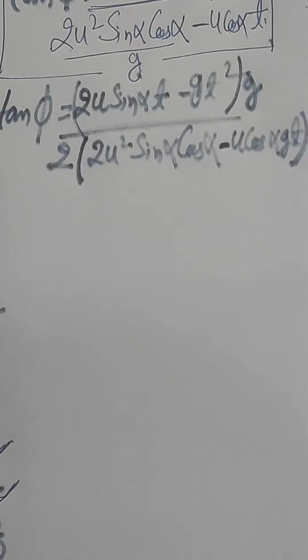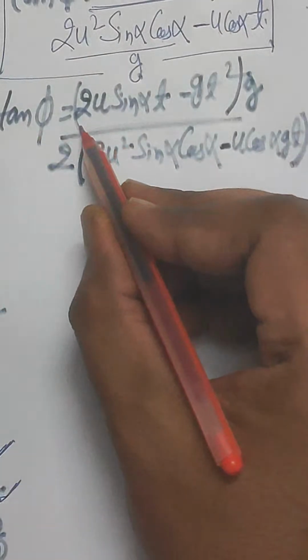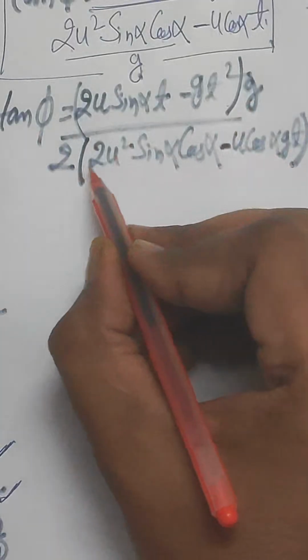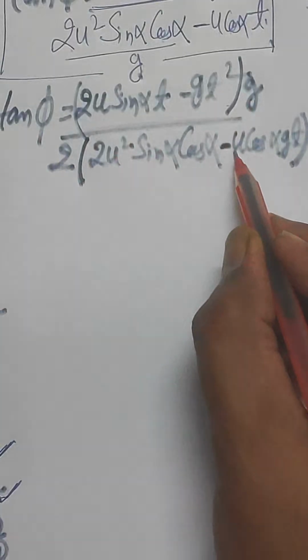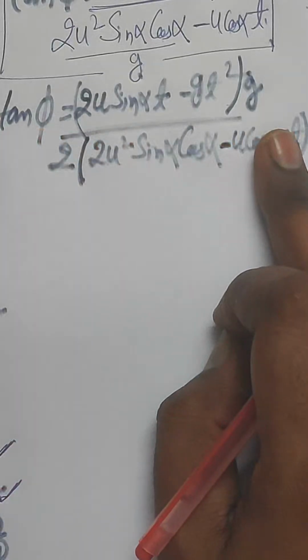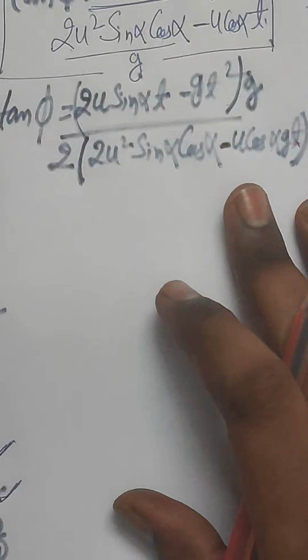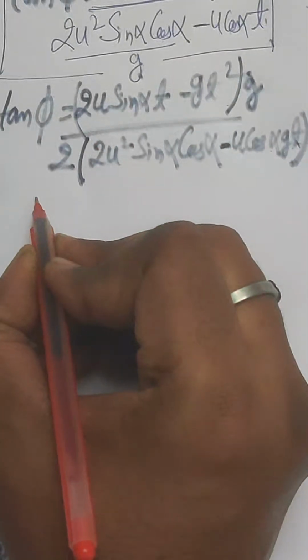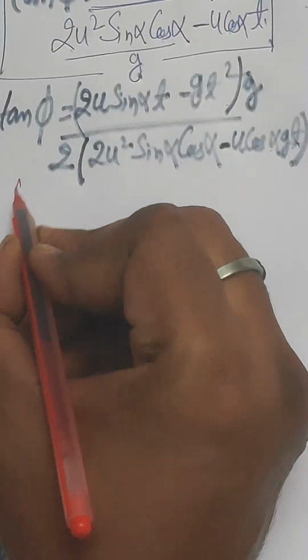Yeah. So tan phi can be written as 2u sin alpha into t minus gt square and into z divided by 2 times 2u square sin alpha cos alpha minus u cos alpha into gt, right? So this is the value of tan phi now. Now, from here, when you just further simplify it, we get the value of tan phi